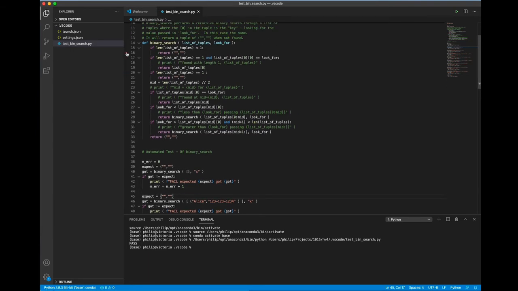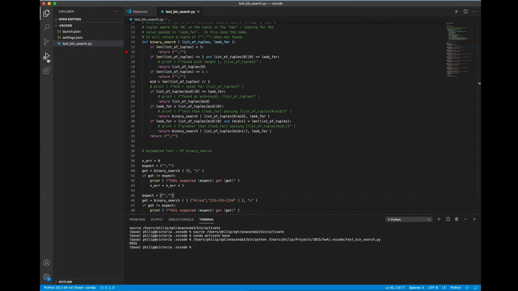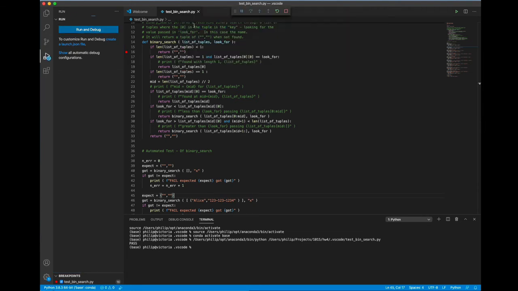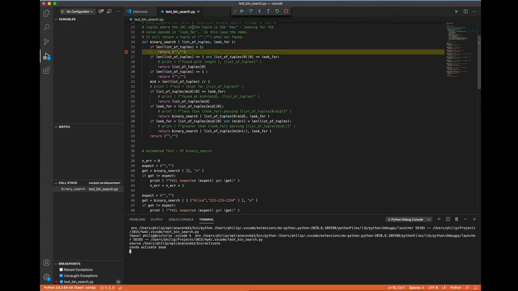The thing I'm going to do is set a breakpoint right there on that line. And I'm going to run it inside the debugger, so I'm going to come over here to the debugger button, and I'm going to run and debug it. That's that blue box up there, and we're just going to do this Python thing here. And when I ran it,